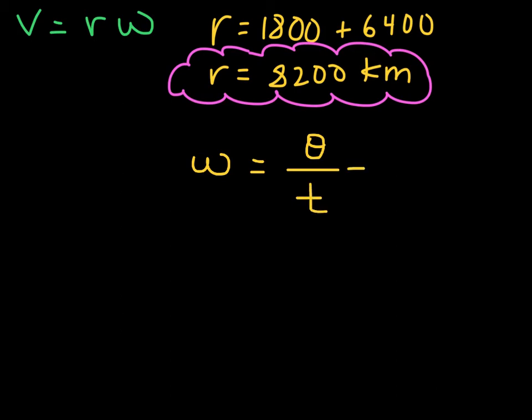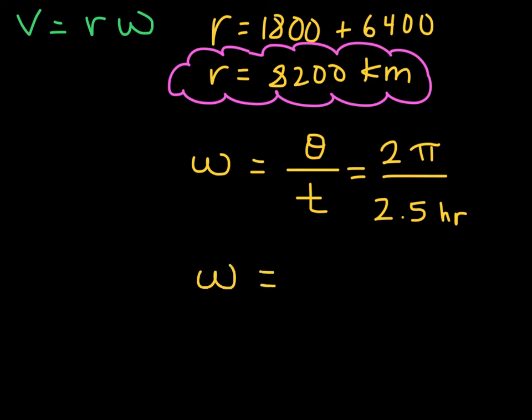We know that it takes 2.5 hours, so that's your time. And the angle theta would be 2 pi. Why? Because one time around is 2 pi. So if I were to divide both of these,